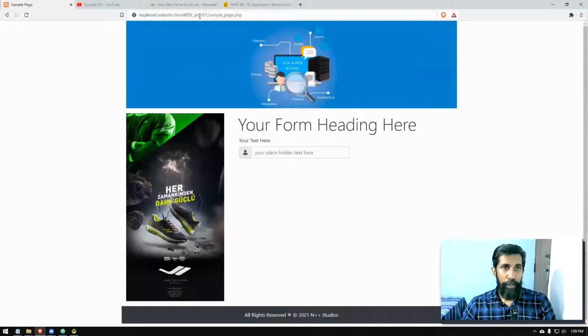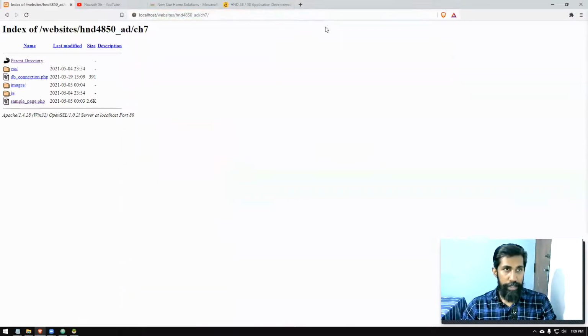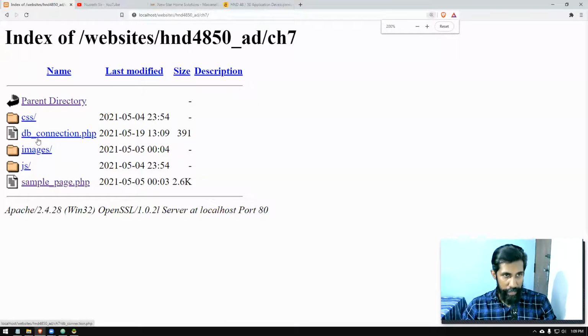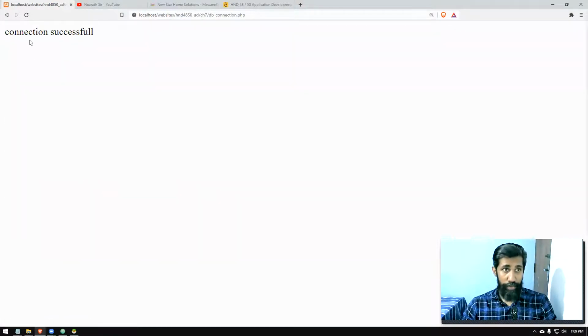So I'm going to my project now. I will delete this part. If I press the enter key, you can see my database connection code is there. I'm going to click on that. By doing so, I'm trying to execute that code. We'll see whether we can get connected. Now see, it's a local one, really fast. It got connected. It says connection successful.